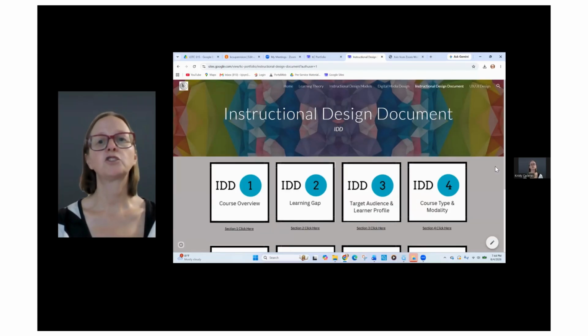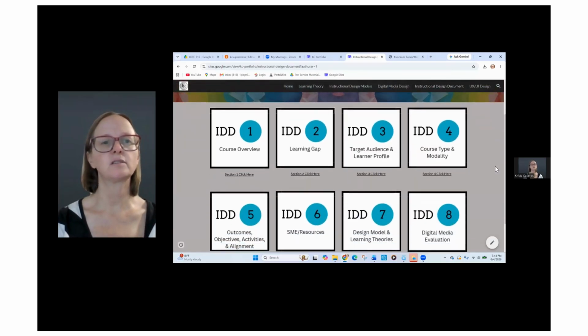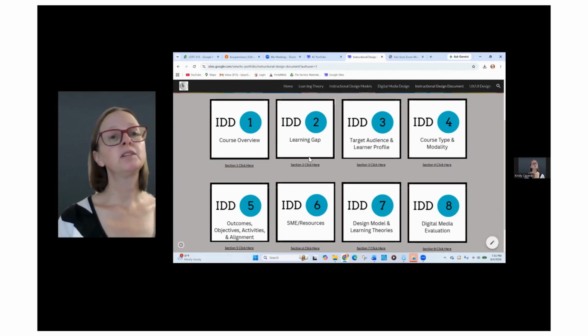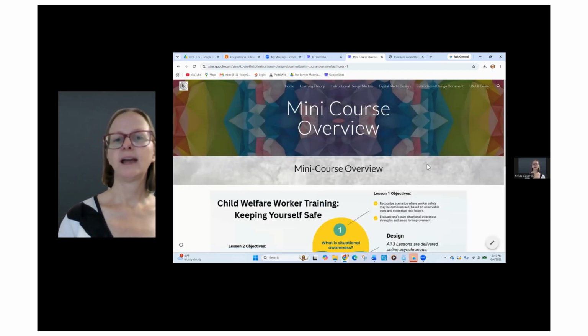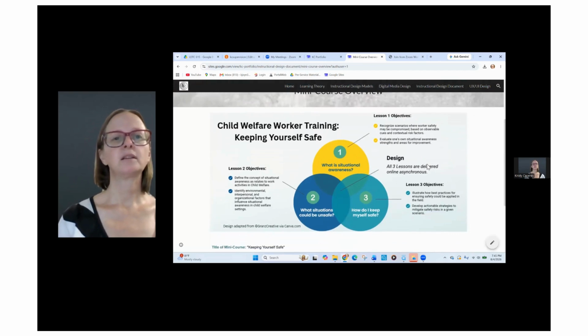We're going to start with the instructional design document, which has 8 sections. We're going to delve deeper into some sections over others because some of these sections are really important to the course that you'll see in the learning management system. The first section we'll delve into is the course overview, where we can see an at-a-glance image, which depicts the